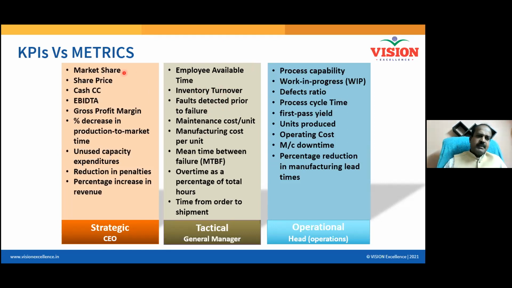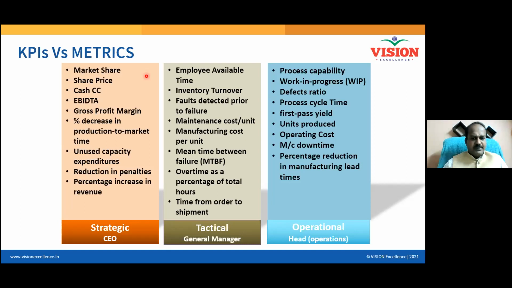And how will the middle level managers achieve their goal? They will again break down their goal into a further level. We are going to call them the operational KPIs. The operational KPIs are things like inventory levels, WIP, rejection rate, cycle time, yield rate, machine downtime. When the operational KPIs are achieved, the tactical KPIs will be achieved. If the tactical KPIs are achieved, the strategic KPIs will be achieved. If the strategic KPIs are achieved, a strategic goal is achieved for your company. So this is how typically any company will work. This is what we call goal alignment.